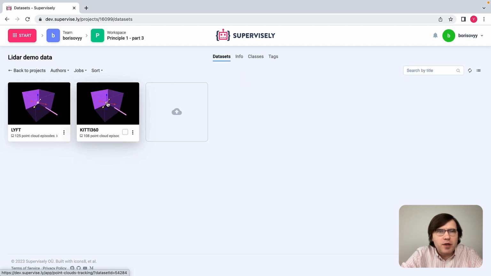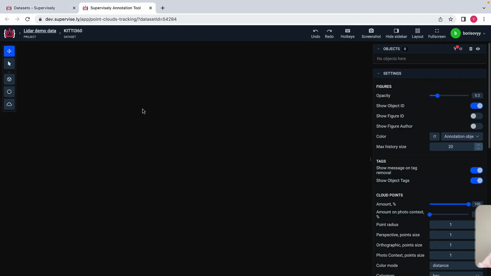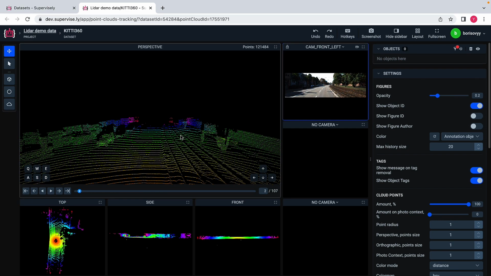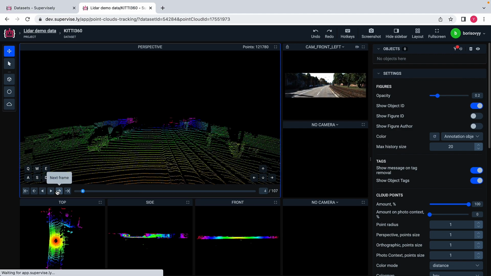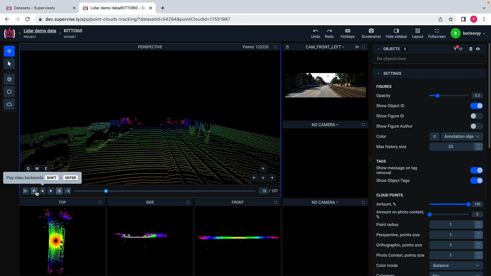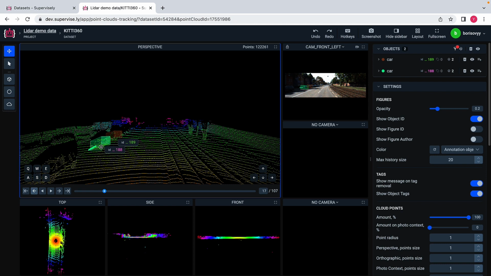So let me open a Kitty dataset first. And I will align myself with this camera, and probably I will move forward. And somewhere here you see these two cars labeled. Maybe I can pick brighter colors here. Okay, so we have these two cars labeled with cuboids, and also